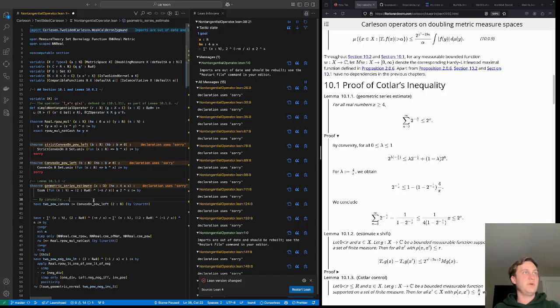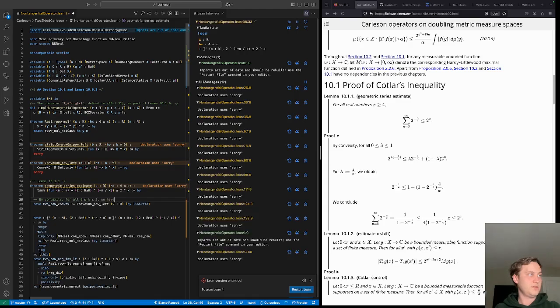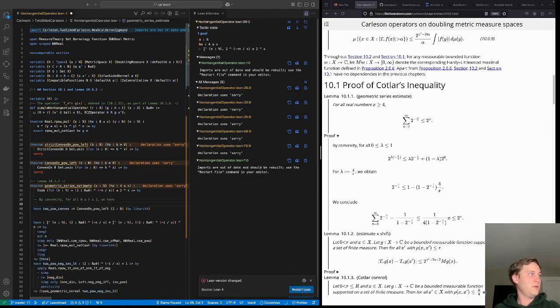So by convexity, what do we have? By convexity, for all lambda, 0 less than or equal to lambda less than or equal to 1, we have